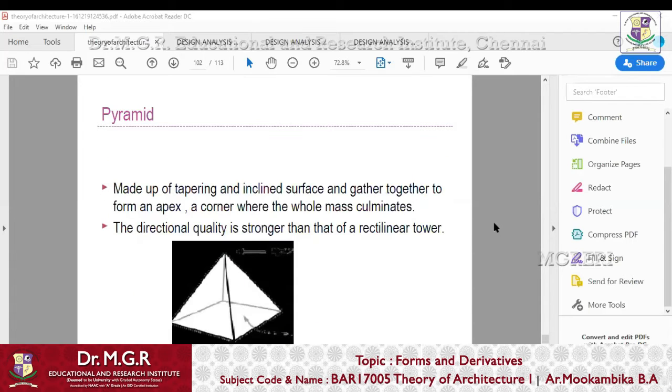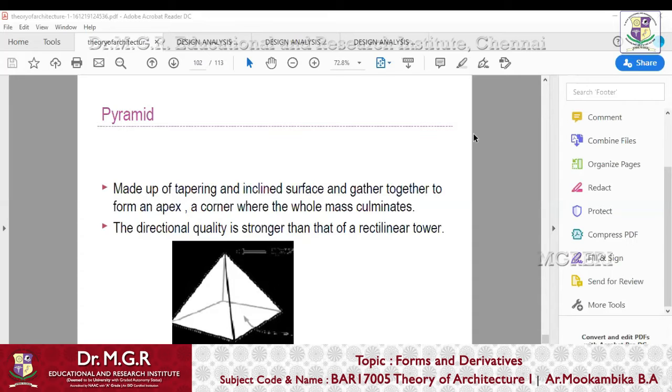It will be pyramid. So pyramid is nothing but when you're doing ortho projections of a square, but you are connecting the midpoint and joining all the lines, then it will be a pyramid. Sometimes which can also be compared to a pyramid. It is made up of tapering inclined surfaces gathered together to form an apex, a corner where the whole mass culminates. The directional quality is stronger than that of a rectilinear